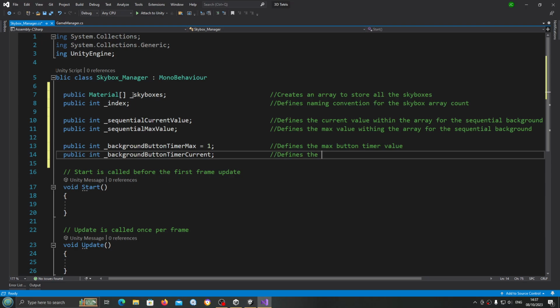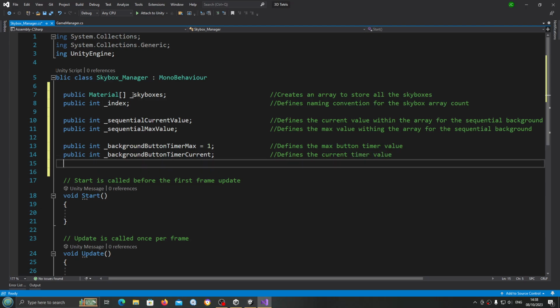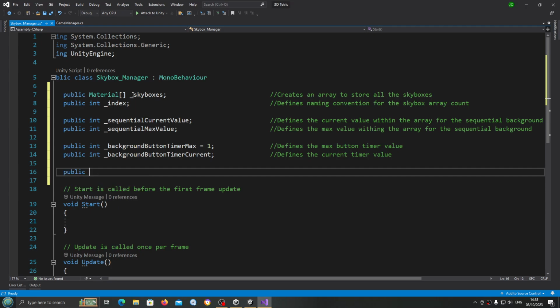Into the comments defines the current timer value. And we're going to create of type public bool underscore set skybox. Close that off into the comments. And we're going to say defines